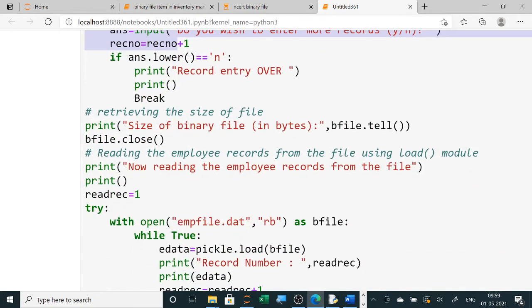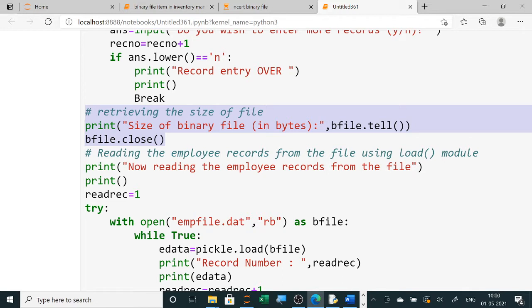Next will be retrieving the size of the file. In this you have nothing to do; for the size of the file you will simply use a print command and the file handler dot tell function. We haven't done the tell and seek functions till now, that's why I'm not explaining this. Tell will return the pointer.